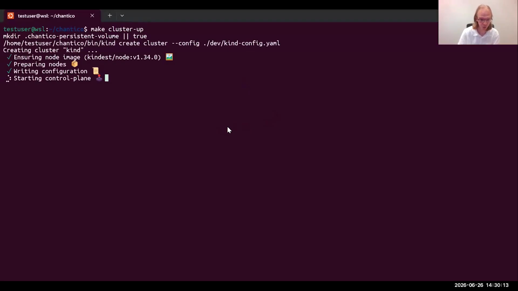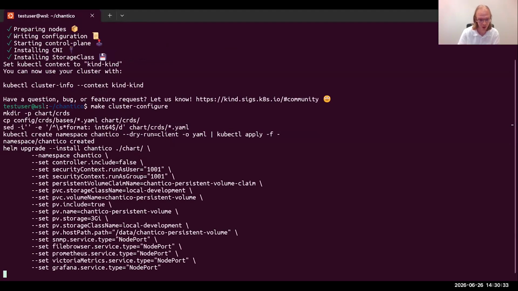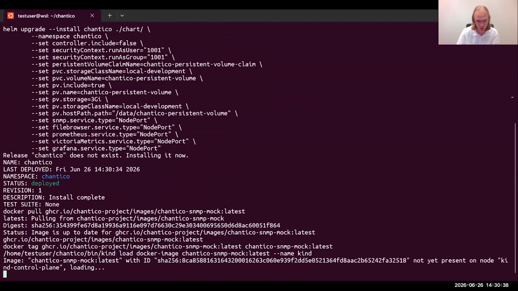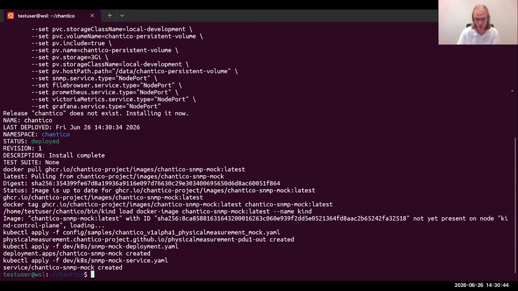So we have some configurations to do port mapping such that we can actually see what we're doing afterwards, and also really have a local development that looks like a production environment as well. So it's really easy to set up. You just get the Helm package in there, but it doesn't include the controller itself. Instead, it installs all the other components for you, as well as a mock device, which is an SNMP endpoint, which will provide us with random data when we query it with SNMP.